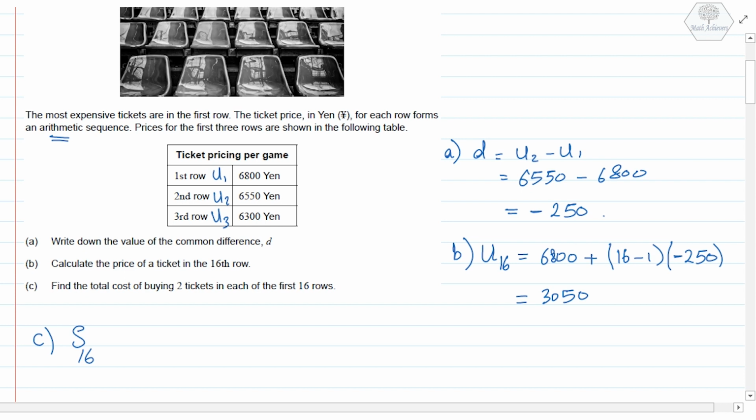So the sum of the first 16 is simply equal n over 2, so it's 16 over 2, times 2u1, which is 6,800, plus n minus 1 times d, which is 16 minus 1 times the common difference, which is minus 250. So this value is equal to